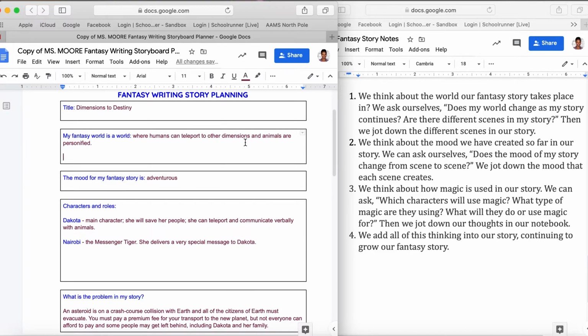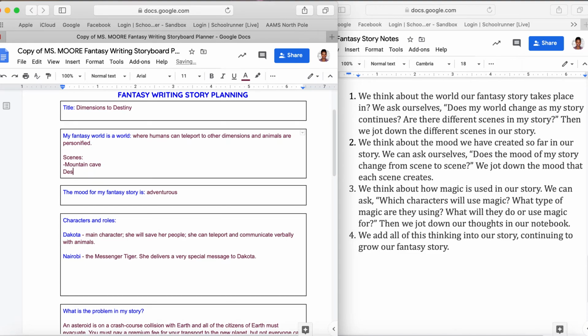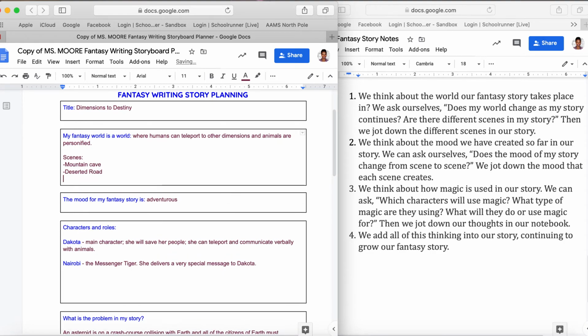Some scenes in my story where my character is involved, I'm going to put scenes. I want to list she'll be in a mountain cave. Another scene is a deserted road. Another scene in my story is when she's on a stealth aircraft.